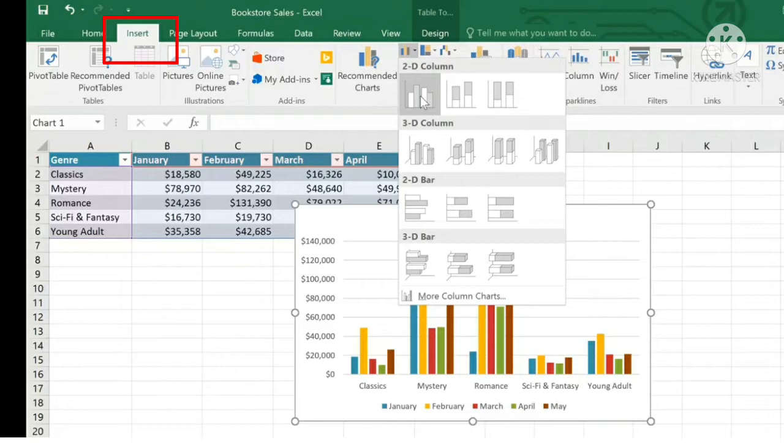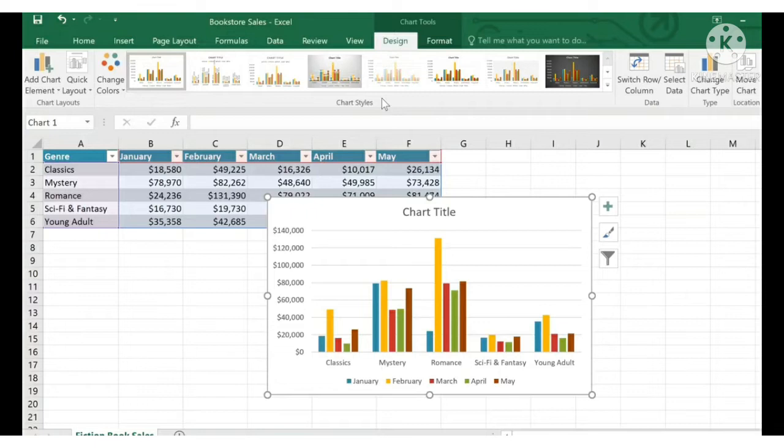Here you can see different kinds of charts, like we have already learned in our previous class: column chart, bar chart, line chart, and each chart has its own sub chart types in its drop down menu. Here I am going to select column chart, and from its drop down menu you can select one chart, just like I am selecting the clustered column. After that you can see the chart will get displayed in the center of the worksheet. You can also move the position of the chart. For that you can use move chart location.